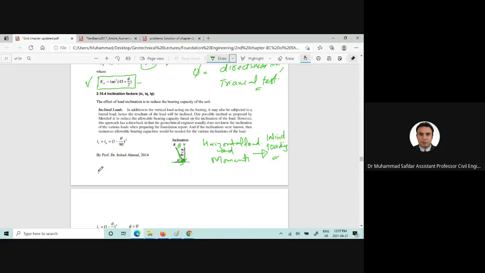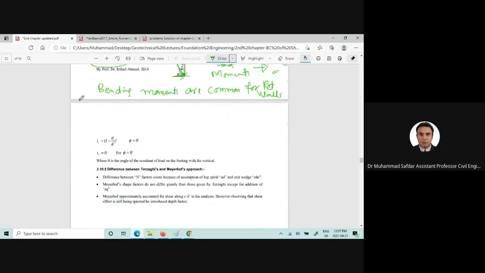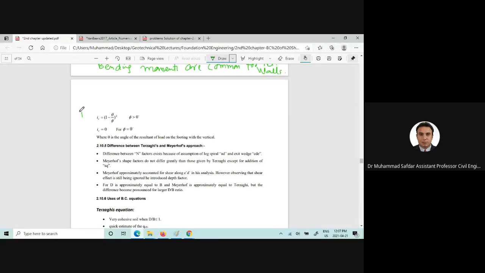Now, bending moments are common for structures such as retaining walls. And how we can find out the inclination factors, for example, IC, IQ, and I gamma. Please kindly note down these equations